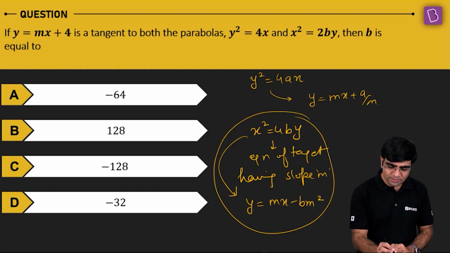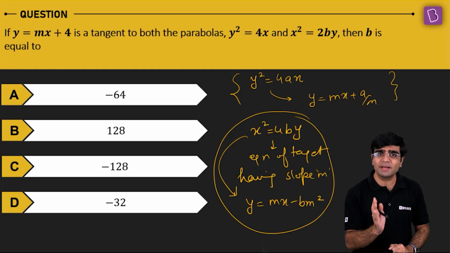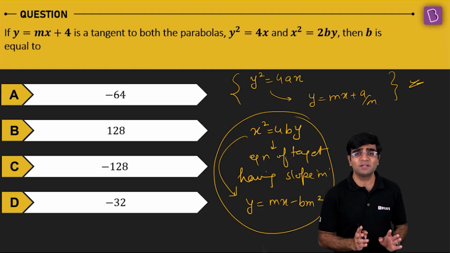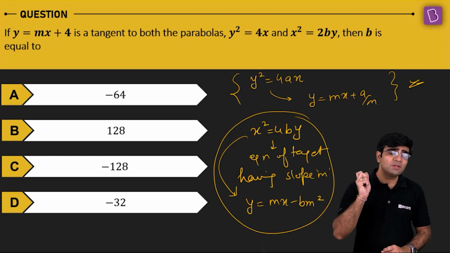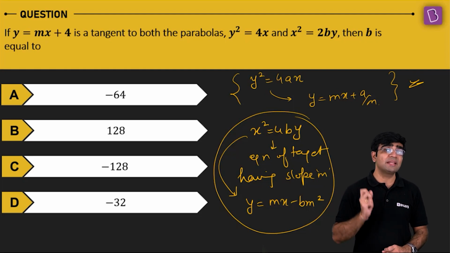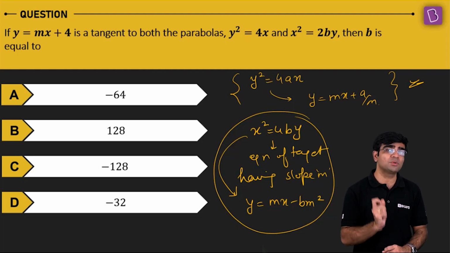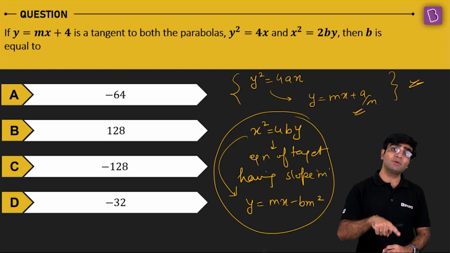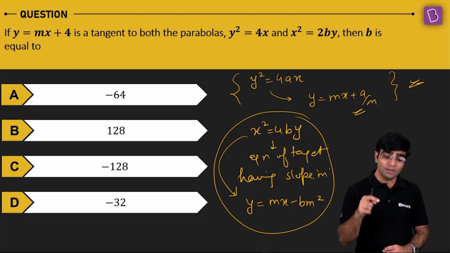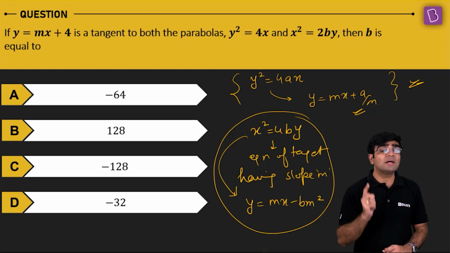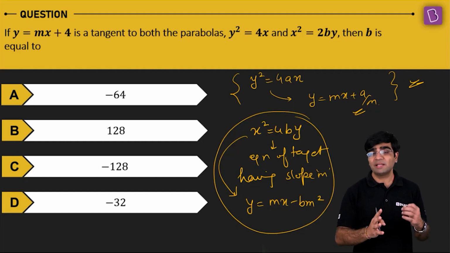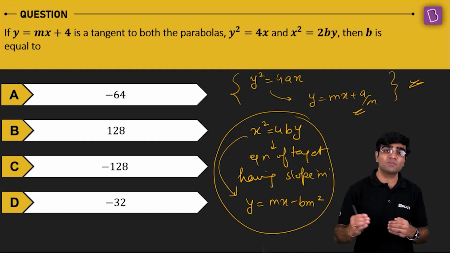Okay. I hope everyone is supposed to remember this formula. Guys, you have to know this formula, right? The first one. Without this, nothing is expected. If you are trying to generate this result, you are just wasting your time in the examination hall. In an examination hall, every minute is crucial. If you waste 30 seconds in establishing this result, the equation of tangent of slope m for the parabola y square equal to 4ax as y equal to mx plus a by m, you are just simply wasting your time. You are giving the rest of the competitors an extra edge of 1 minute.